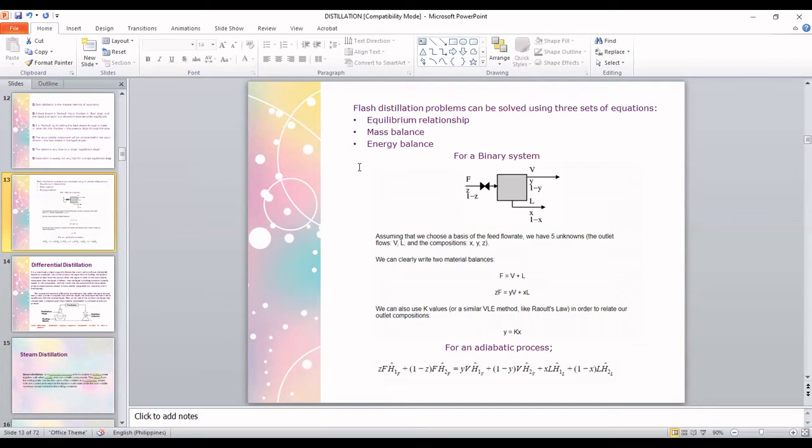In the case of flash distillation, it's a no-no to make use only of mass balance. It has to be mass balance with energy balance plus the equilibrium relationship, which will be provided by the equilibrium diagram. So here, for an adiabatic process, in the case of our flash distilling tower, you have